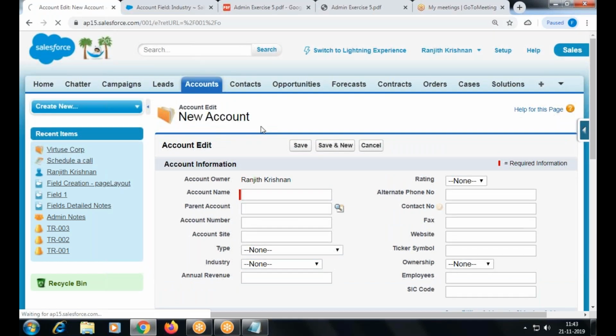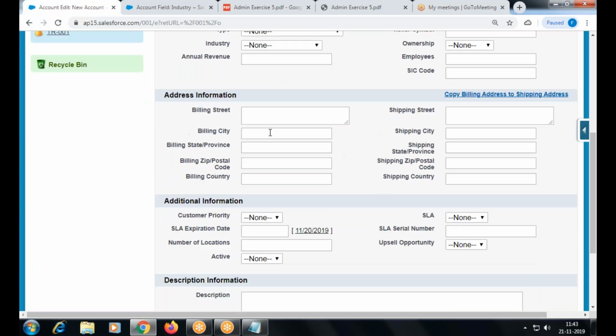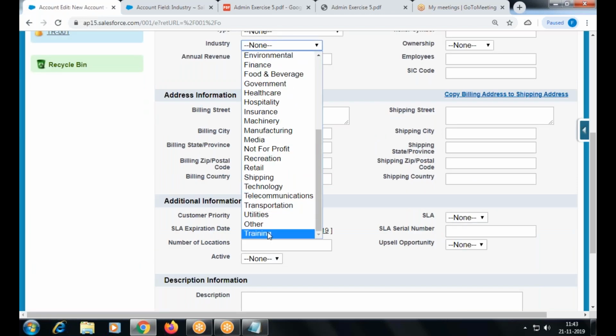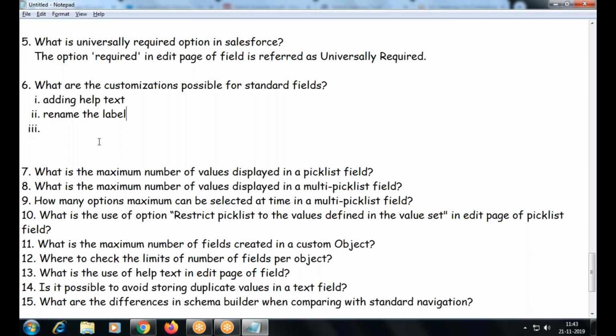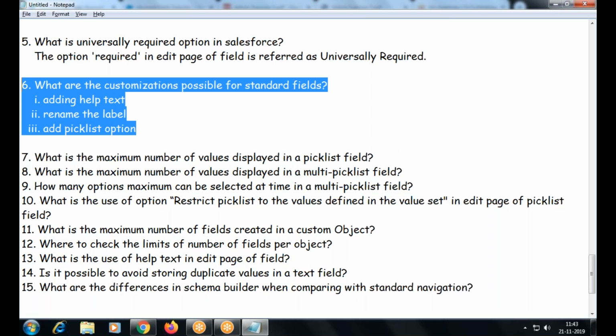So here I refresh, it is added, right? So what customization can I do? Add pick list option. So these three customizations are possible. No other customization.